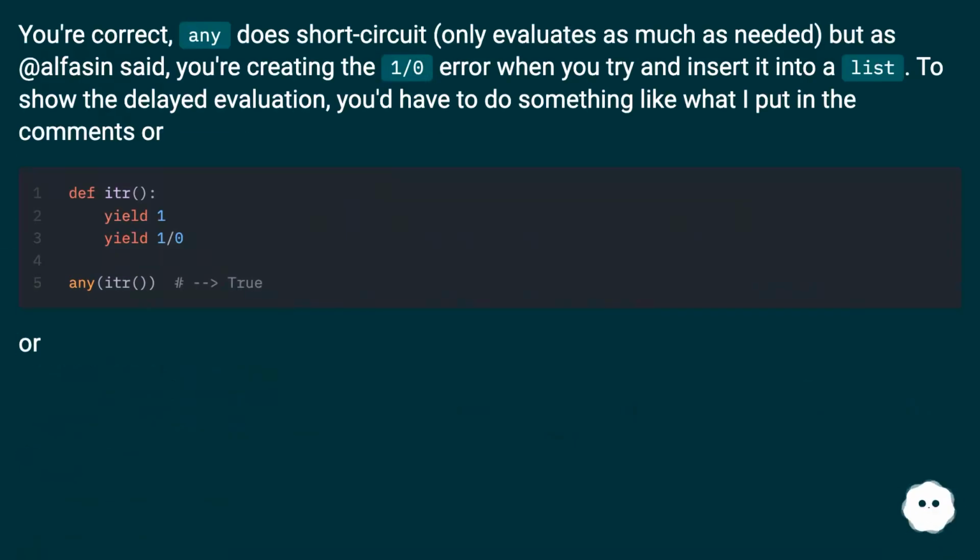You're correct, any does short circuit and only evaluates as much as needed, but as Alphason said, you're creating the one-zero error when you try and insert it into a list. To show the delayed evaluation, you'd have to do something like what I put in the comments or